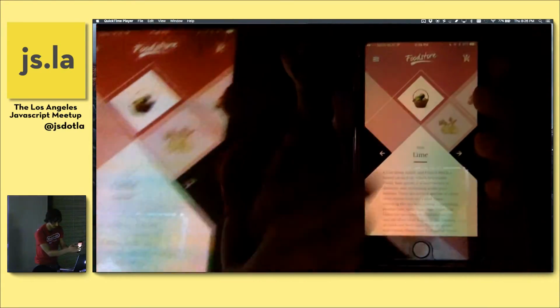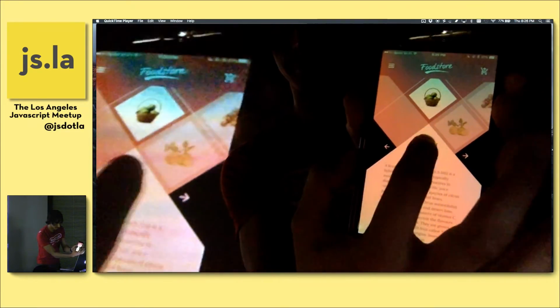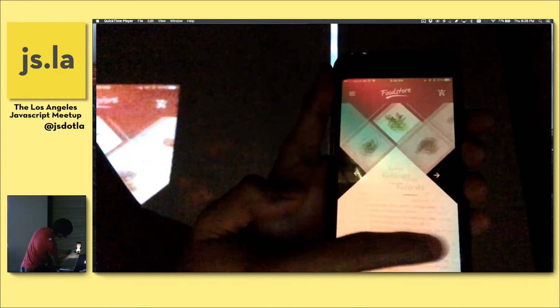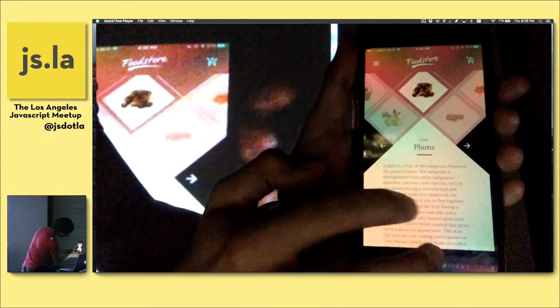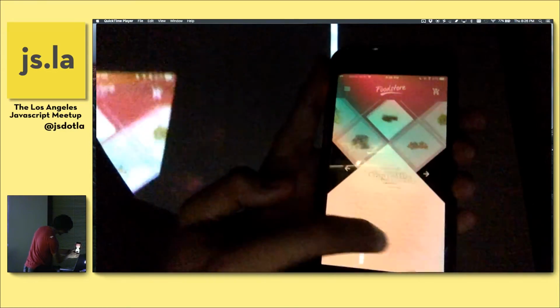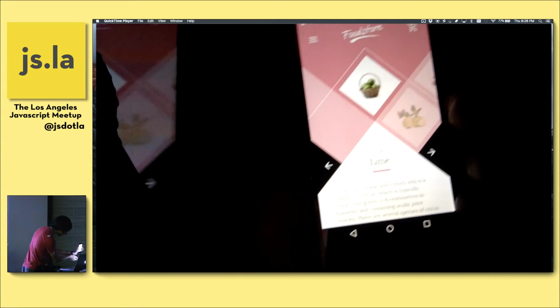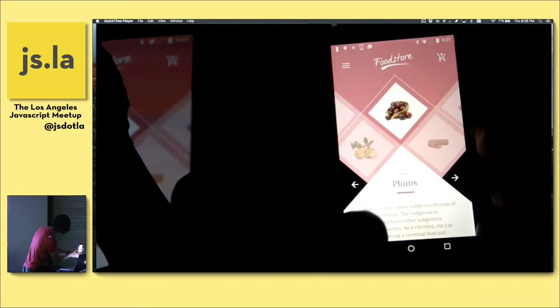Let's see if that works. Okay, so this is an iPhone 6 Plus. Wait, I'm going to try to work that, okay. So if I can swipe, yeah. If you swipe between these, it does this really cool animation. This is something that would be very hard to do in any kind of web context. This is all written with JavaScript and this custom markup called UX markup. This is an Android phone that I'm showing here. And if you can see that, it looks pretty much identical.